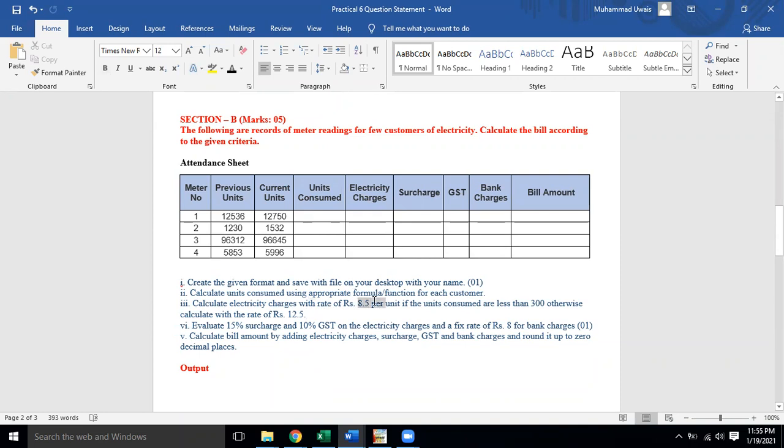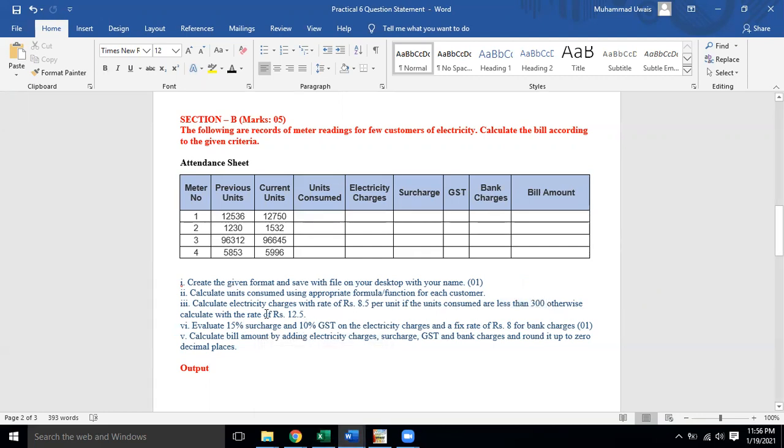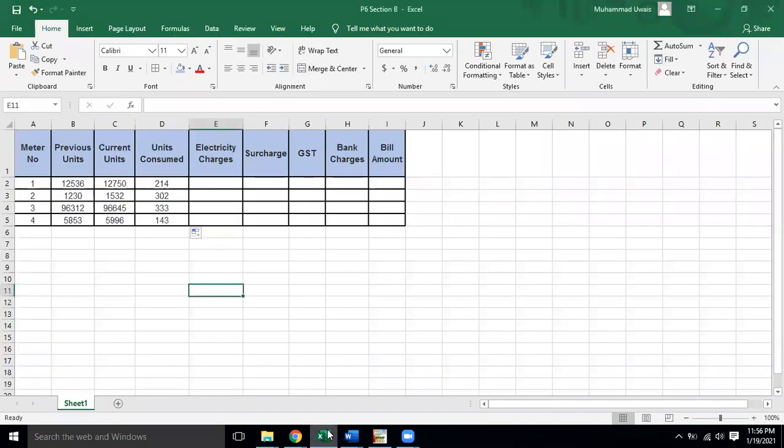8.5 per unit if you have consumed less than 300 units, otherwise you are going to pay according to 12.5 rupees per unit. If it was not mentioned, if they were saying that 8.5 is the rate for all, how could we do this? Select this, multiply it by 8.5.